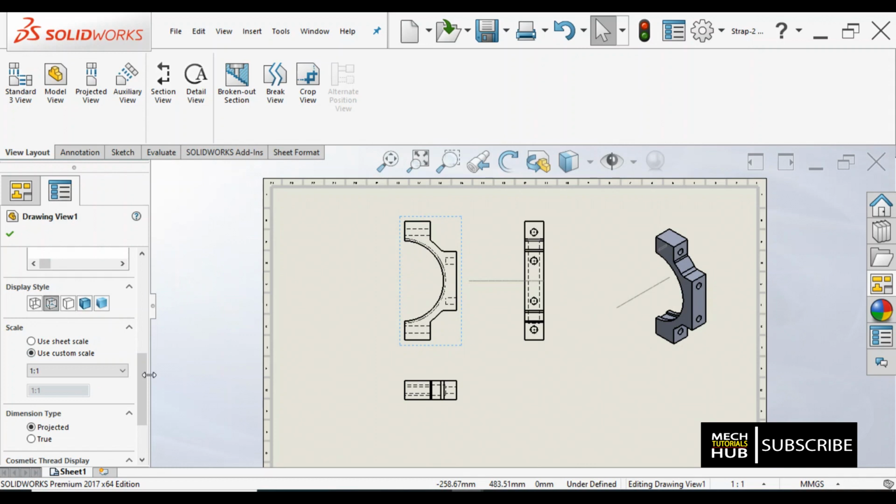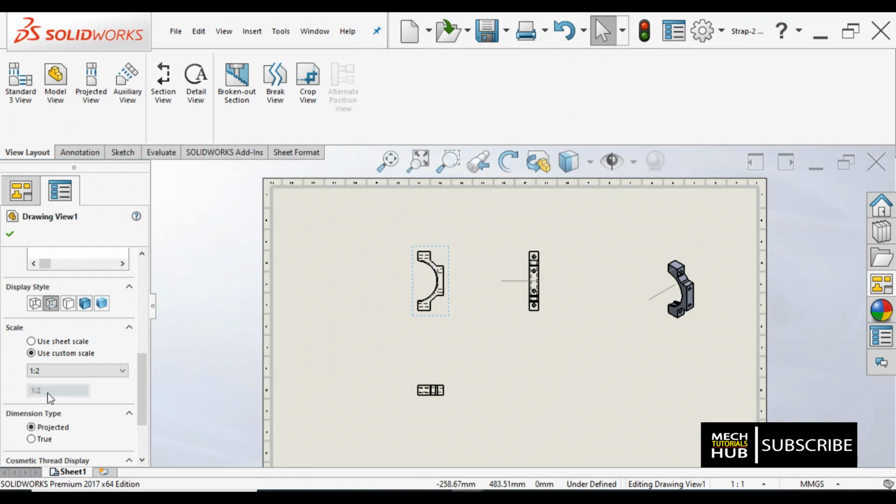And here you can customize your scale also, meaning you can give your own scaling. It is actually 1:2. If you want, you can decrease the size also. Once I decrease the size of the parent, all other sizes are also coming down. Okay, so here that is also very much important.